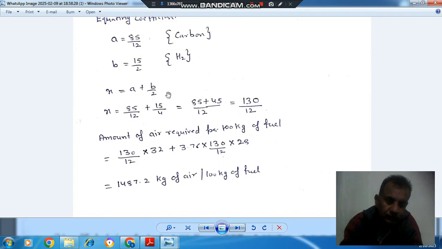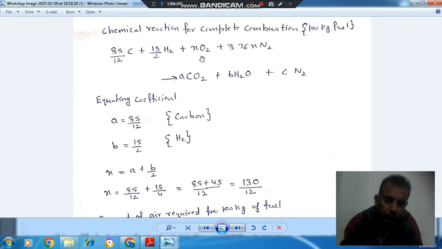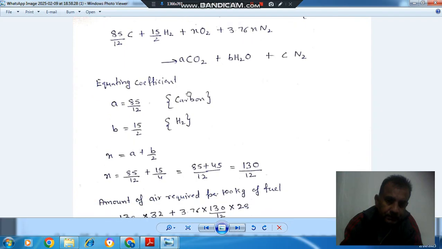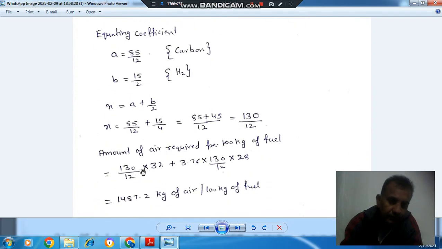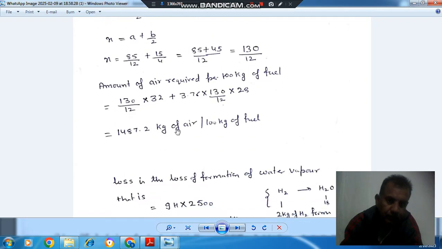So quantity of air required is x into molecular weight of O2, that is 32, plus 3.76x into molecular weight of N2. So that comes out as 1487.2 kilogram per 100 kilogram of fuel, or you can say per kilogram it is 14.87 kilogram of air is required for 1 kilogram. Okay. So now